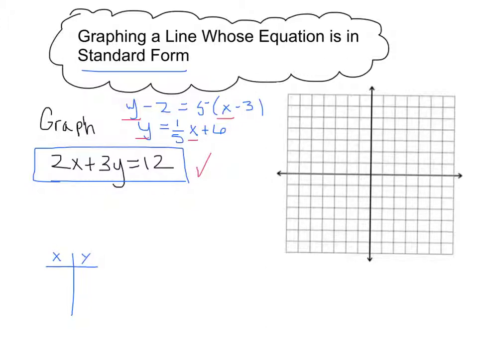And it turns out that an equation in standard form doesn't really give us anything for free. In other words, we can't just read off information when an equation is in standard form. So I don't know the slope, and I don't know a point on this line just by looking at it. So in this case, we have students go back to basic principles. They make a table, and they pick a number for x. And an intelligent number to pick for x is going to be 0, because it's going to cause the term